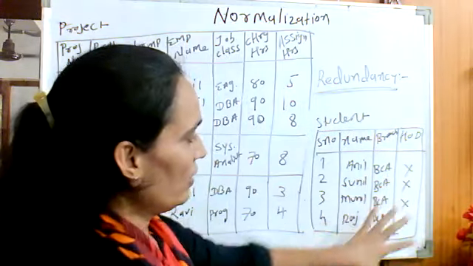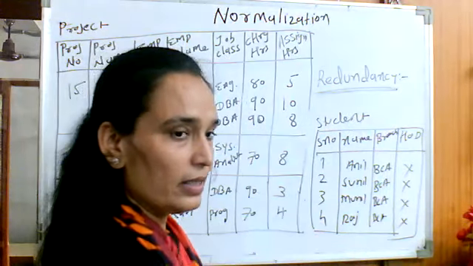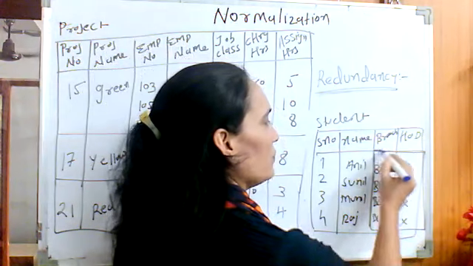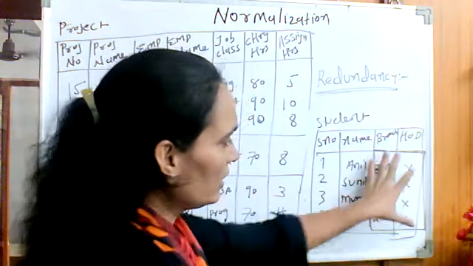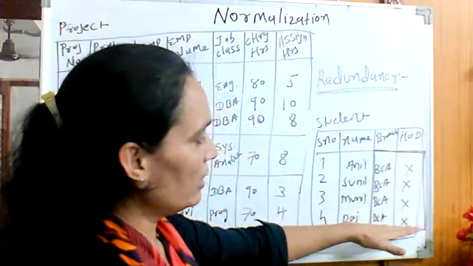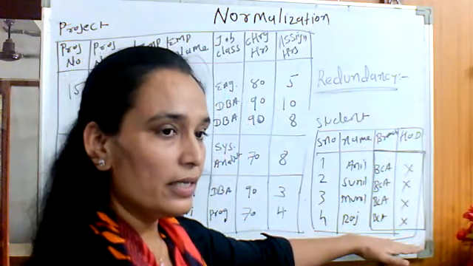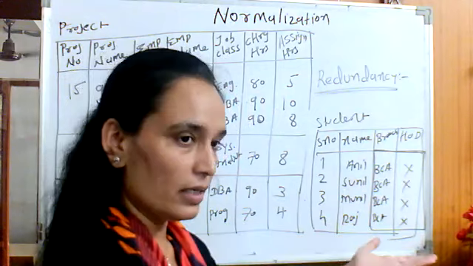So we have one table here and we can see that this data is redundant. This is redundancy. One data is repeating, so it is called redundancy. Now, how will this redundancy create inconsistency?